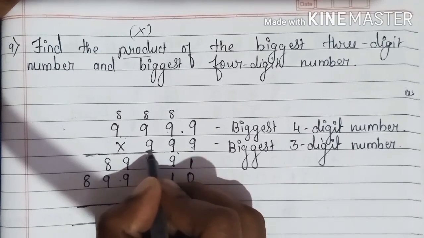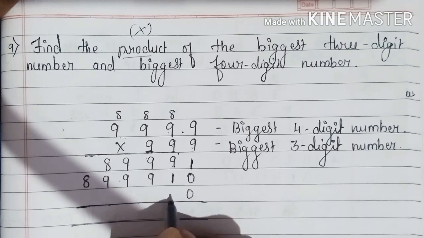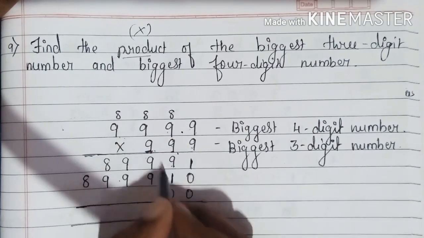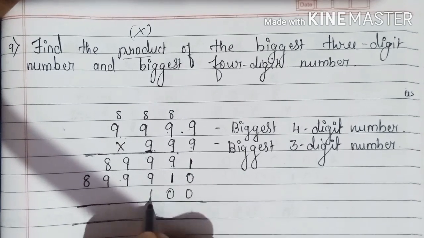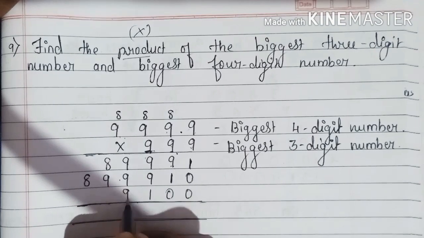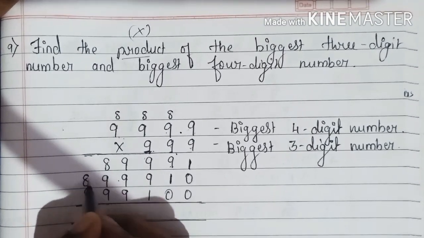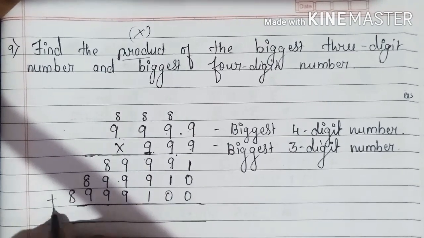For this number, again we have the same digit. For the hundreds we have to take the unit and tens place as 0. Again if we multiply the number with 9, the same answer we are going to get. So again I'll copy this. 1 will be written here. This 9 will be written over here. This 9 again we will copy. This 9 and this 8 we will write here. So we have done. Now we will do addition.